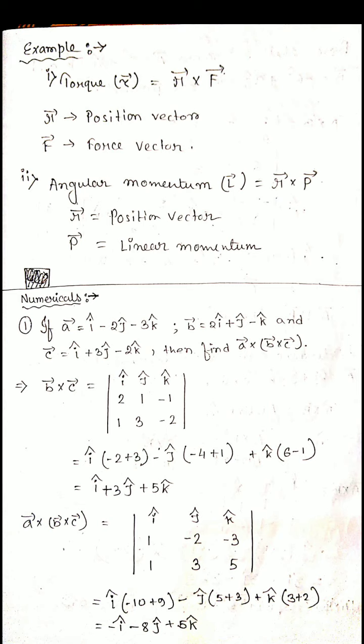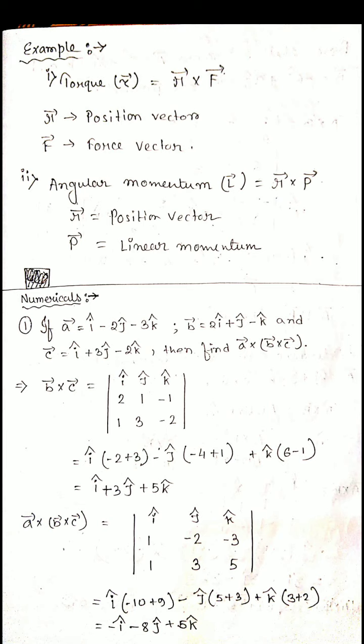So in this way, first we neglect the first row and first column. So I hat into minus 2 into 1, that means minus 2, minus of minus 3 into minus 1, that means minus 3, that's why we write it as plus 3. Next, for the middle column, we neglect the first row. So minus j, because j contains the negative sign, 2 into minus 2, that means minus 4, minus of minus 1 into minus 1, minus 1, that's why we write it as plus 1. Similarly, the k also will be there. Now we simplify it, we get I hat plus 3j hat plus 5k hat.